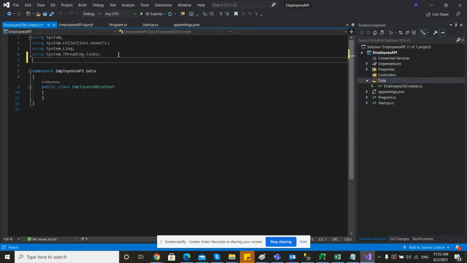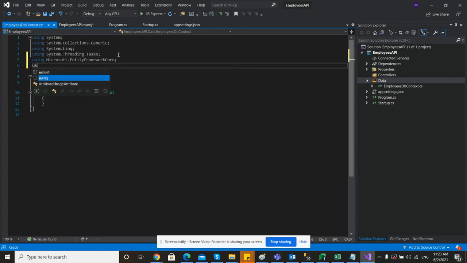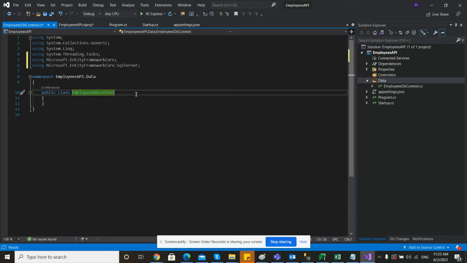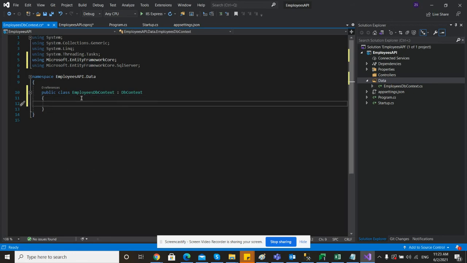Now we need to add the libraries that we had recently added. I'll say using Microsoft.EntityFrameworkCore, then using Microsoft.EntityFrameworkCore.SqlServer. Now we need to inherit this EmployeesDbContext from DbContext, which is a built-in class of Entity Framework Core. Now we need to add a constructor,